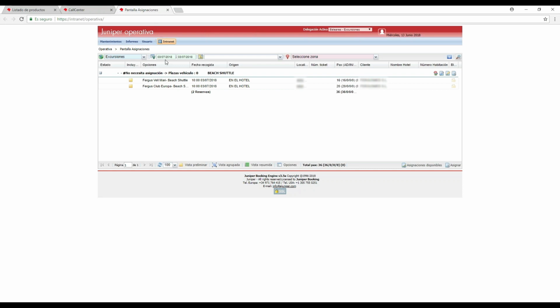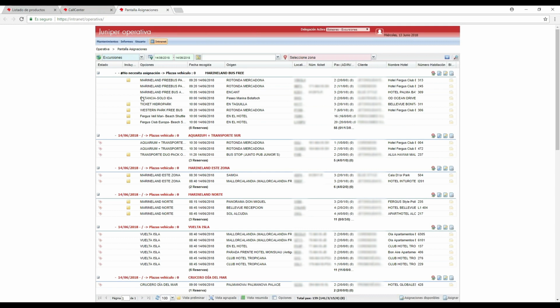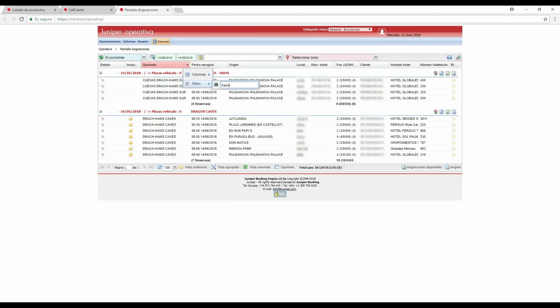Okay, so for example here we can go to the 14th, and here we can filter the results so the view is better, and we can see the 2 buses. So for ground handling we need to know how many passengers are in each excursion, so for this reason we can assign each services, and then we can assign,